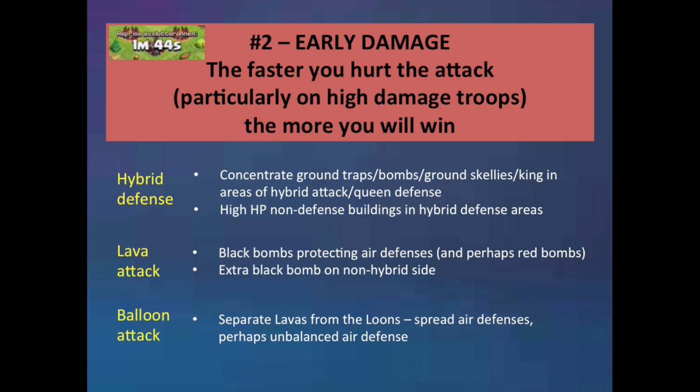So now the issue at the moment is you're seeing a lot of bases, war bases particularly, with centered queens. Now the trouble with a centered queen is sounds like it's well defended, but you actually can access the queen from all 4 sides, and the problem with that is it means that you've actually got to spread out your ground bombs, spread out your skeletons, spread out your king, you can probably put next to your queen, but you spread out your defenses,